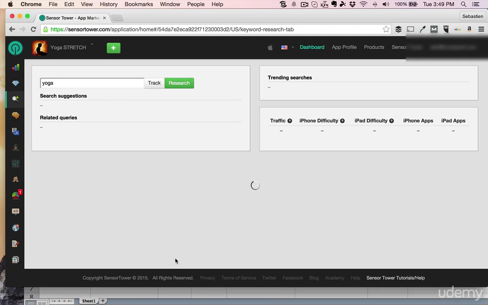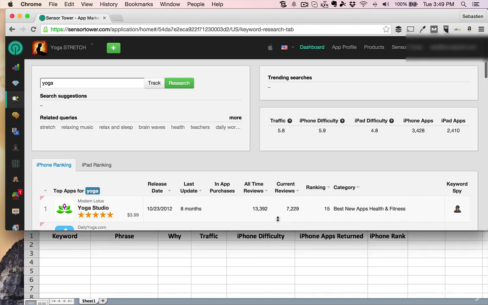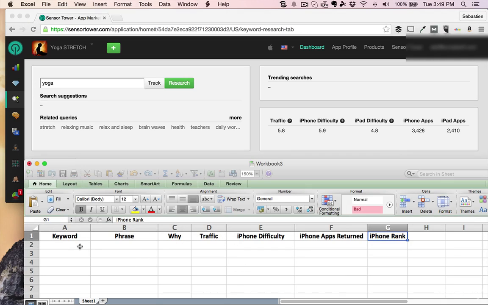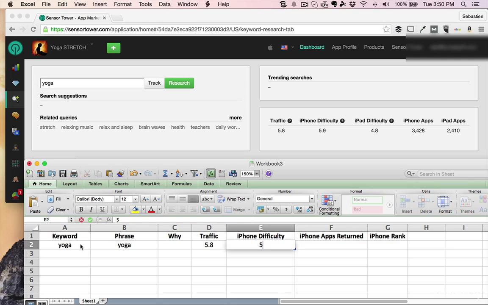Yoga. It's going to be kind of tedious, but we're going to have to do it. Here I'm entering yoga. The phrase is just yoga, the word by itself, so it's the same as the keyword for now. Why, I don't have to specify, there's nothing specific about it. The traffic is 5.8. iPhone difficulty is 5.9. I don't have to enter the iPad information, and there are 3,428